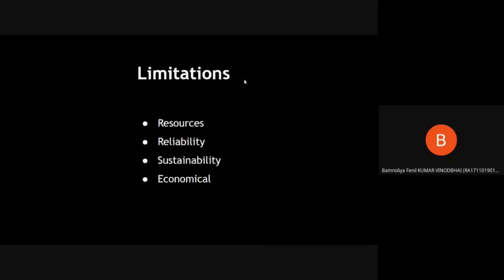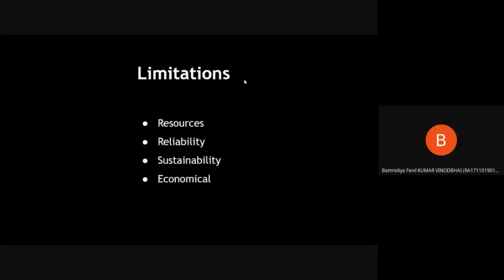How your product is going to impact the environment comes under sustainability, and it should be a minimal impact so that we can proceed without disturbing the environment around us. Our product should also be economical so that everyone can afford it, and the operational and maintenance cost should be as low as possible. And of course, the manufacturing cost too. So we have some limitations for that.